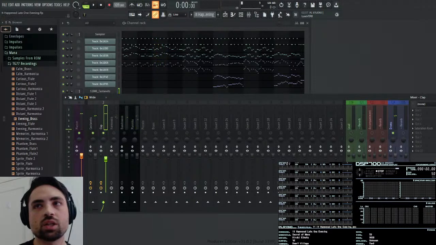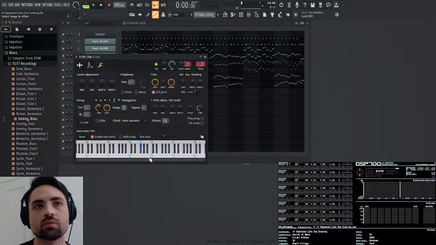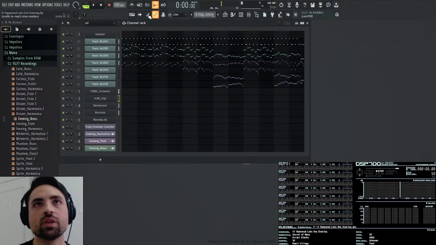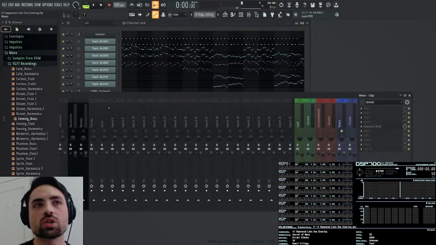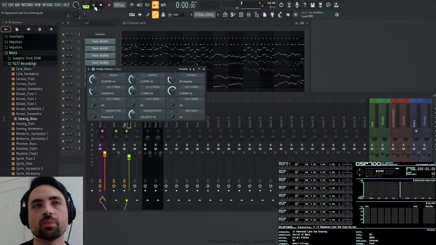I think the clap is actually a little bit lower pitched. And I do want a little bit of chorus on the clap because it sounds really static. I don't like the mono sound. Let me slow it down.